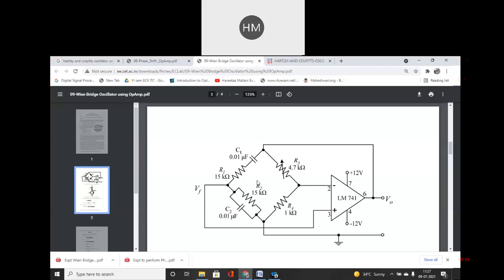A bridge circuit is shown. In different books, different combinations and alignments are shown. This is the simplest way to show the Wien bridge oscillator circuit diagram. You can see this is the feedback. This part, R3 resistor. R4 is the input to the inverting terminal. This pin number 2, pin number 3 is going to the other arm of the bridge, which is a feedback RF. The feedback voltage is generated.